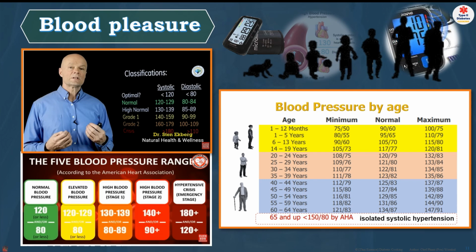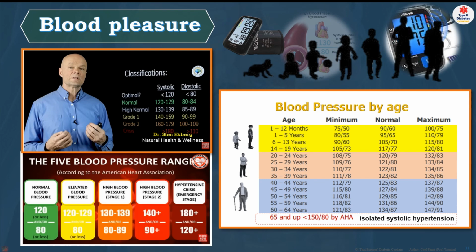The biggest thing you have to understand about blood pressure is that the doctor doesn't mention it to you, but you have to define it by age if you're old. Because if they say, oh, you have blood pressure, you have to be 80, 55, those kinds of numbers, that's for a 5-year-old. If you're 70 years old, you think you're going to go that low? No way. So then